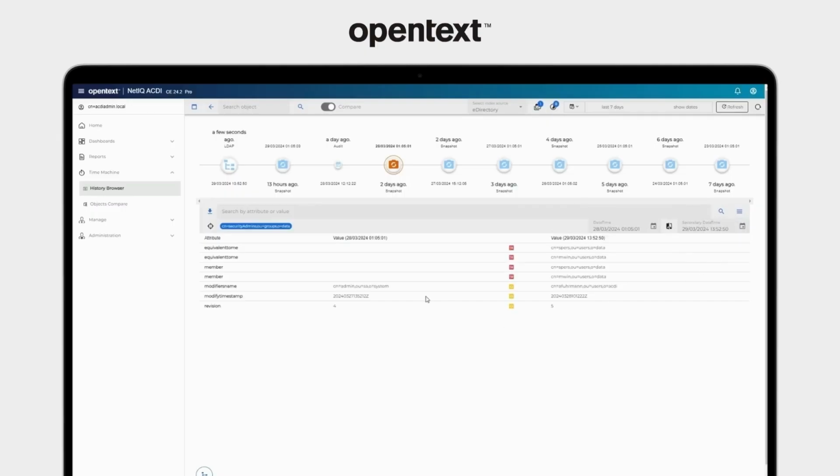So it is easy to see that Espers was not the only user who became a member of this group lately. Additionally to Espers, there is a new member, Mwin. The changes were made by Furman, and you can keep investigating this case, gaining more and more information and details until you find who exactly set up this intruder attempt. So this is how ACDI can help you investigate issues and security breaches.